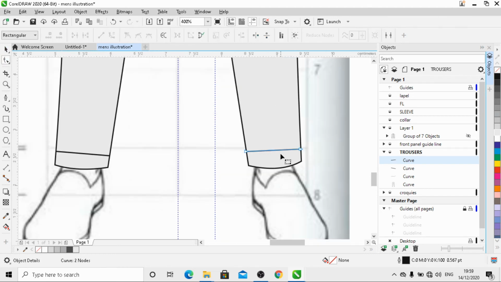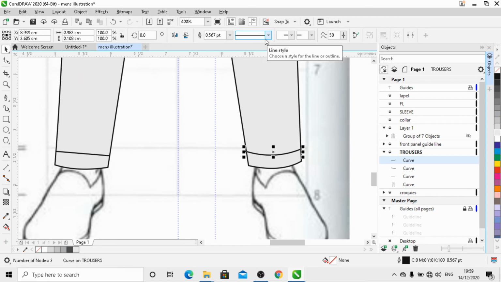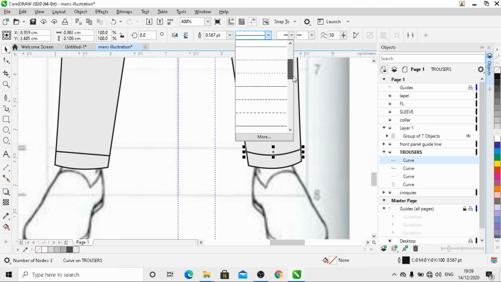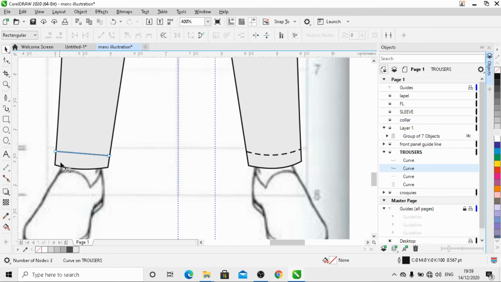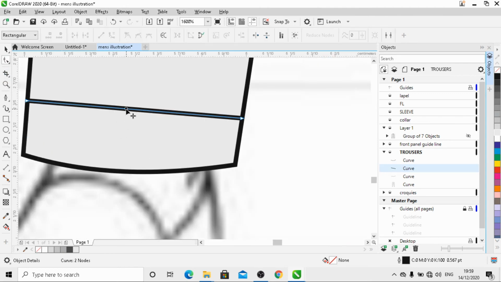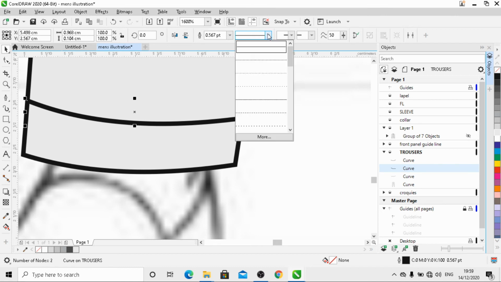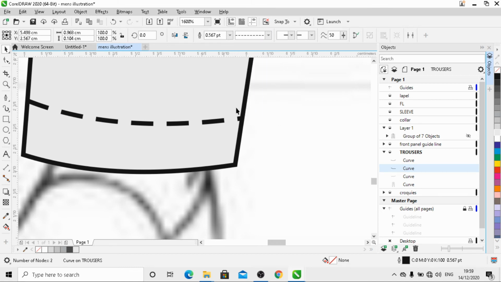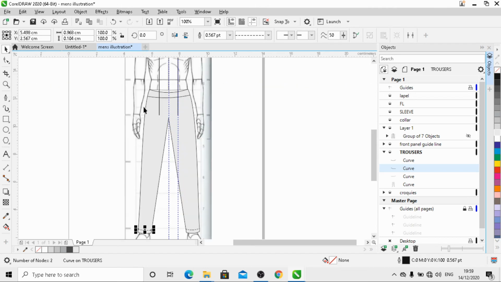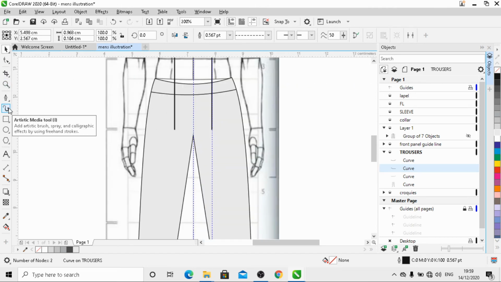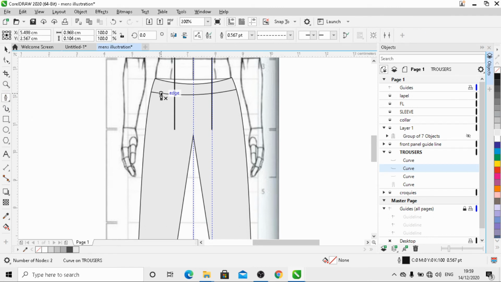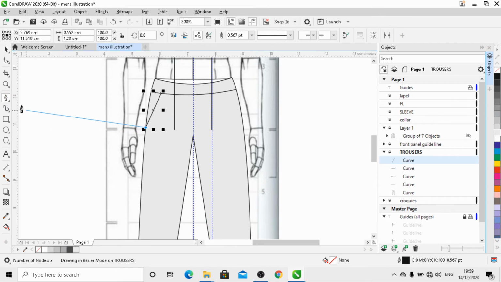Now we have to go to the shape tool, left click, and then go to the pick tool. Go to the shape tool, like this, and go to the pick tool, and we have to apply the stitching effect over here. Again, we have to go to the pen tool, and we can give the pocket allowances. Similarly from here,